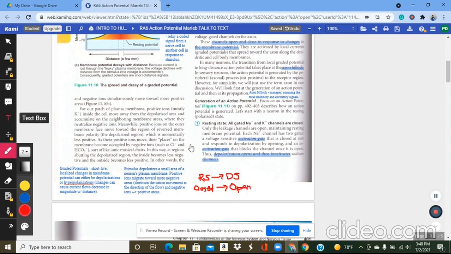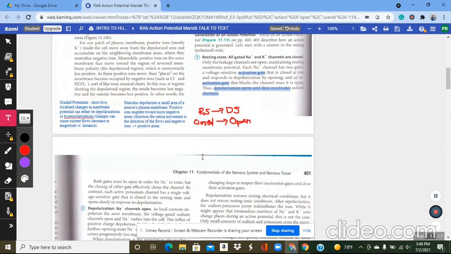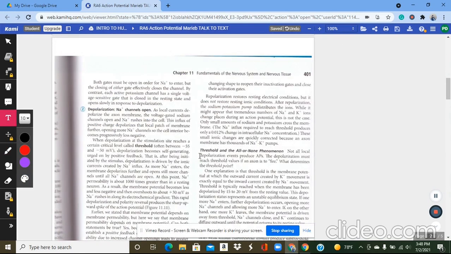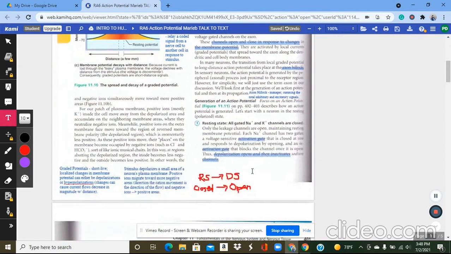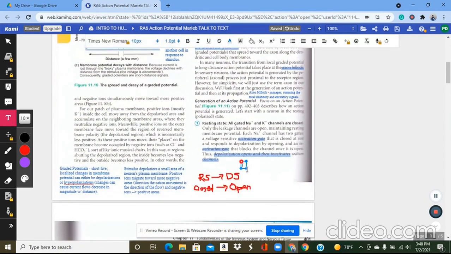And so the depolarization. So yeah, basically it says here that depolarization opens and then inactivates the sodium channels. But why is that actually? So depolarization,